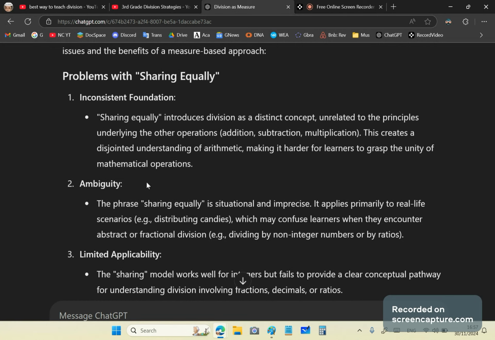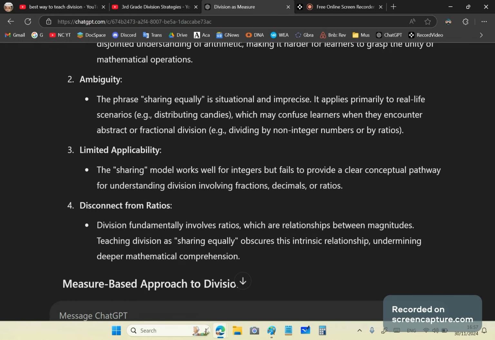Then, there's ambiguity. The phrase sharing equally is situational and imprecise. Why? Because it applies primarily to real life scenarios, like distributing candies, which may confuse learners when they encounter abstract or fractional division. In other words, dividing by non-integer numbers or by ratios. So what that means